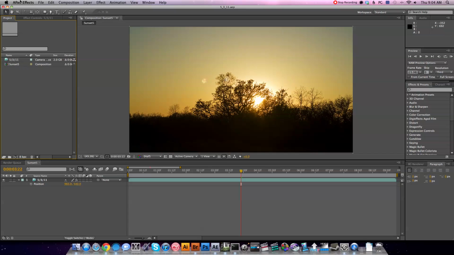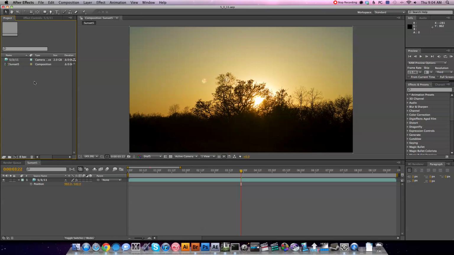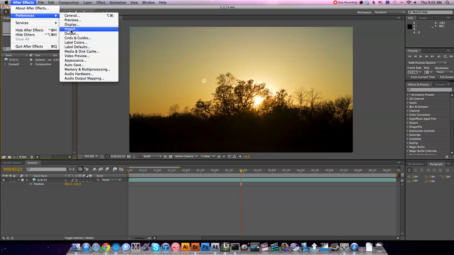Now, one tip that you should be very aware of is, even if I create a new composition and say I have some funky frame rate like 4.82 frames per second for some reason, that it doesn't necessarily affect how long my time lapse is going to be. And you might be scratching your head over that, but it has something to do with the preferences of After Effects. So if you go to Preferences, Import,